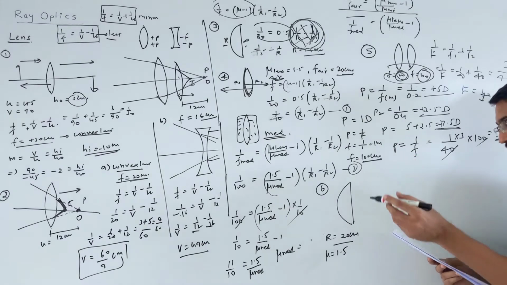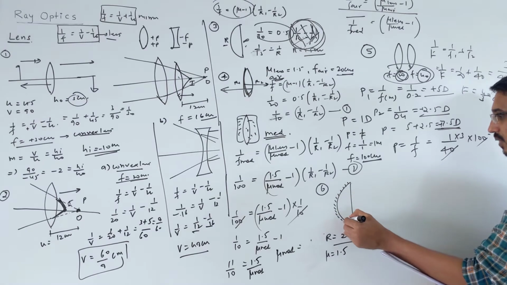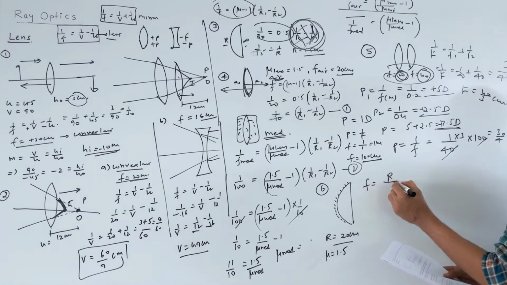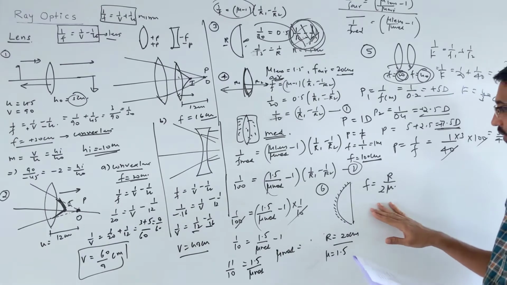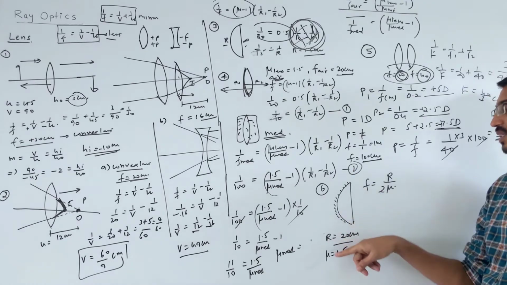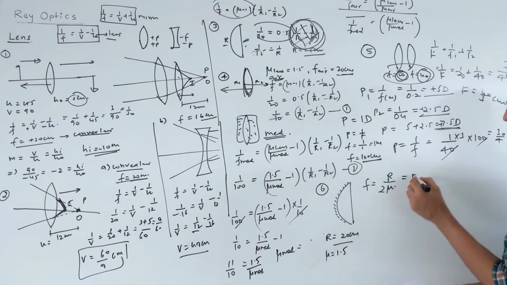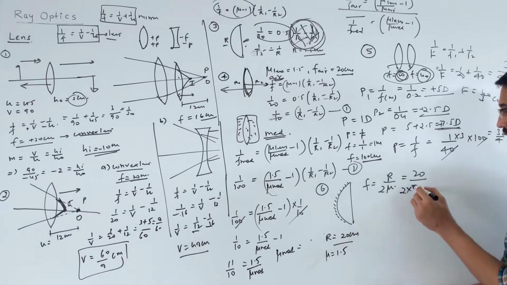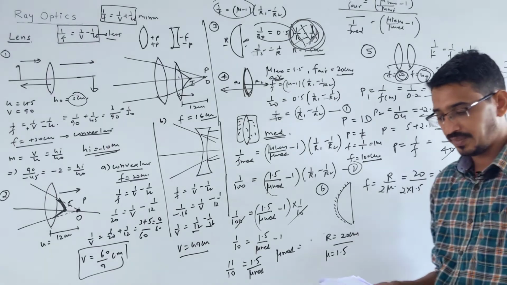Look here. First they said the curved surface. If this curved surface is silvered, what is the focal length in terms of R and mu? Simply R upon 2 mu, right? This was the answer. Okay, please check this. If I wrote something else opposite, please correct this. So if the curved surface is silvered, then the answer is R upon 2 mu. The radius of curvature they gave is 20, and it's positive. Then 2 times mu, which is 1.5, so 20 by 3 centimeter.